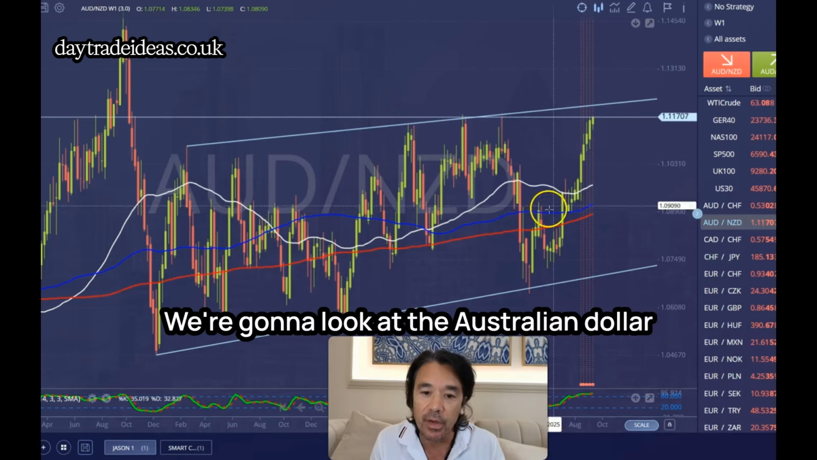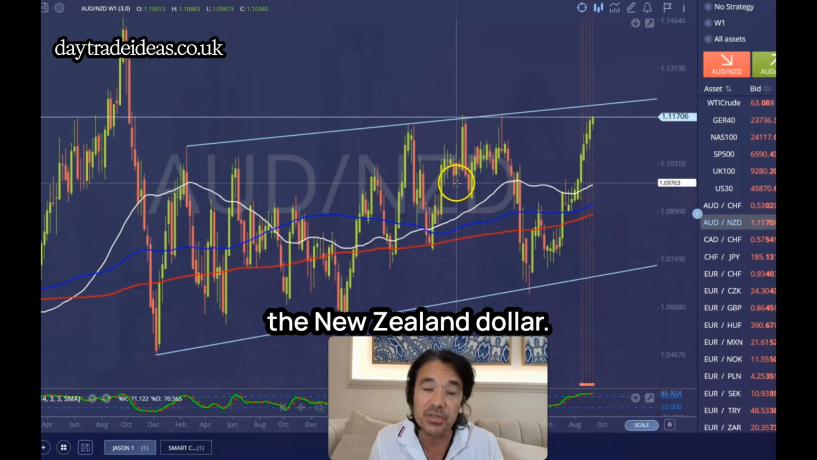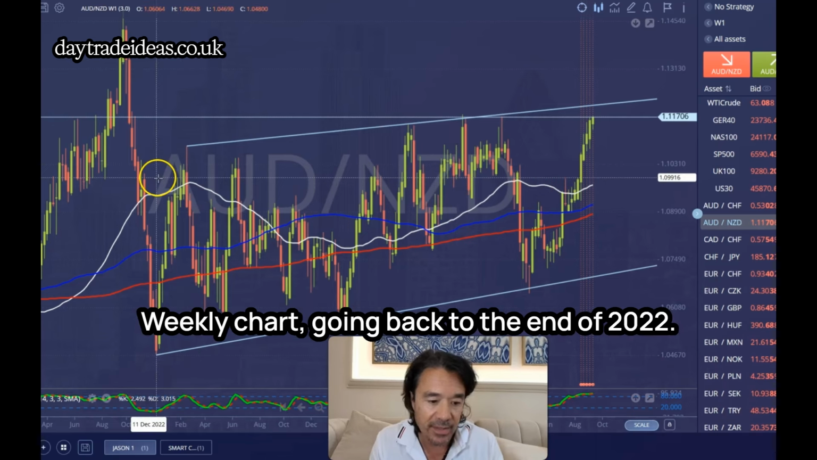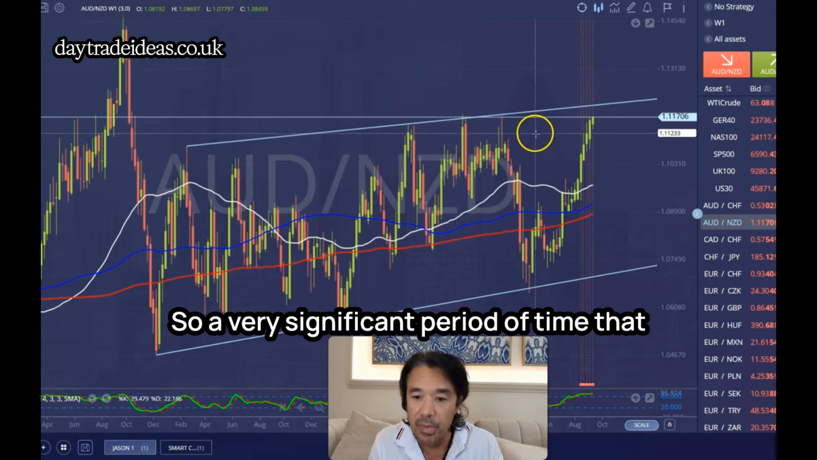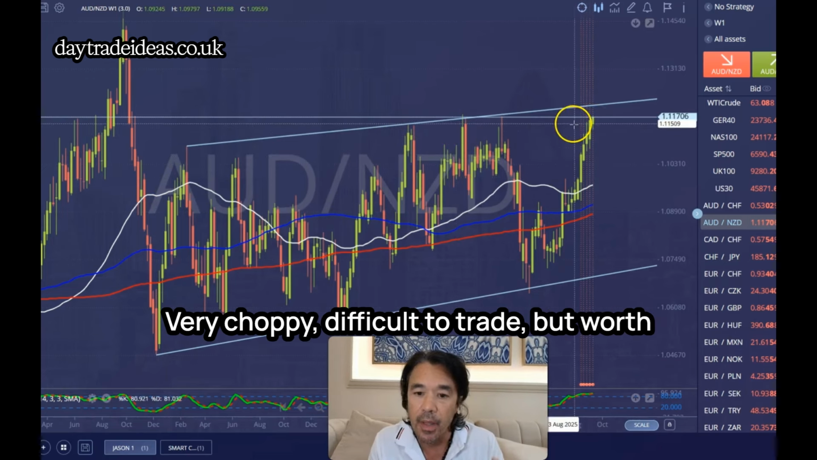Good morning, it's Monday. We're going to look at the Australian dollar, which has been on a really good bull run recently against all the major currencies. This is the Aussie versus the New Zealand dollar weekly chart, going back to the end of 2022. So a very significant period of time that we've been in this sideways channel, very choppy, difficult to trade, but